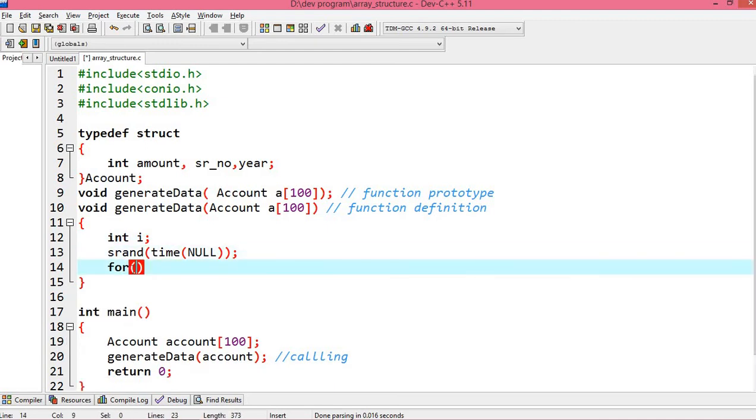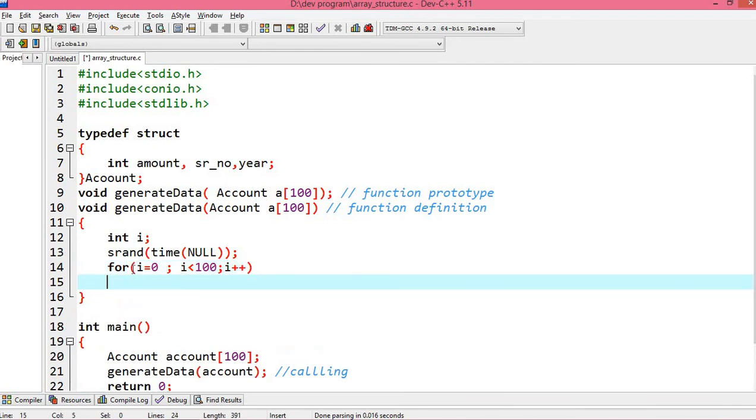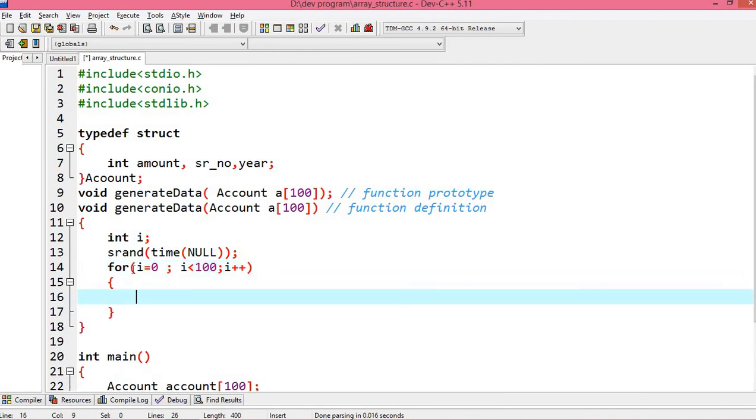Now i is initialized as 0, and i should be less than 100, so that the for loop iterates from 0 to 99, so ultimately 100 times, with i plus plus. Now inside this, a of i, you can see the array name inside this formal argument is a, the actual argument.